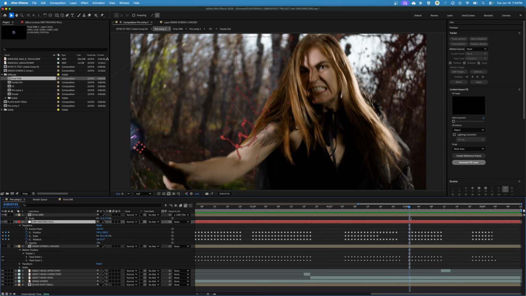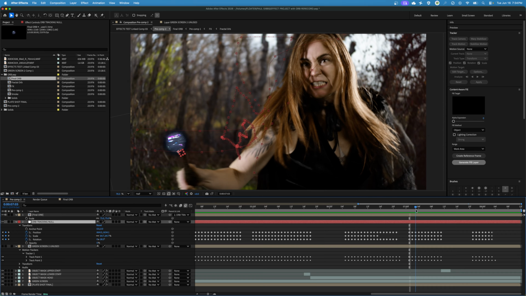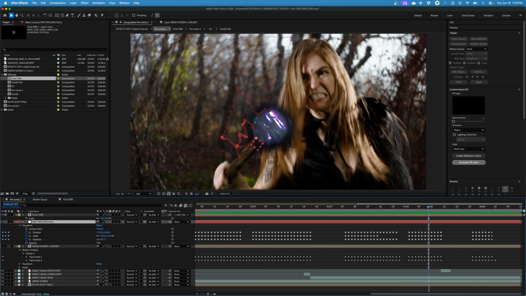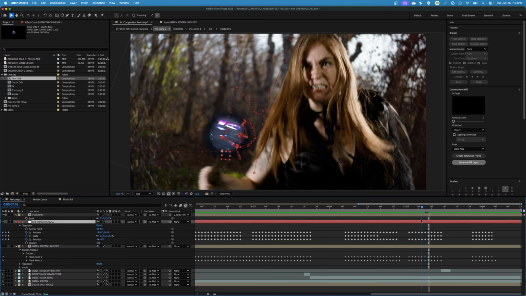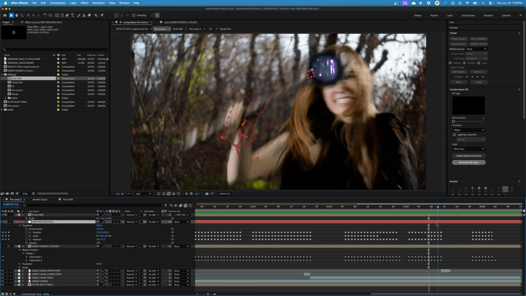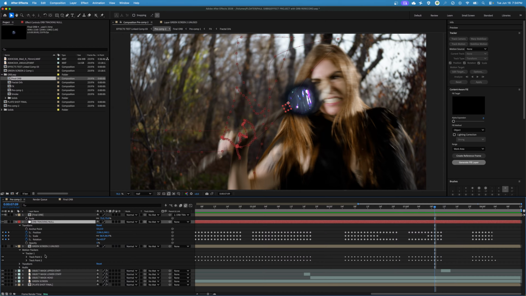Let's keep it at that size. It seems like it's still a little too small until it reaches there. Then all of a sudden it gets back to normal size. So let's get all those scale options right there. Delete and see if that fixes it. Now it's about the same size. That looks good. Okay, cool. Cool, that works. All right, so now that we got the wonky stuff fixed,